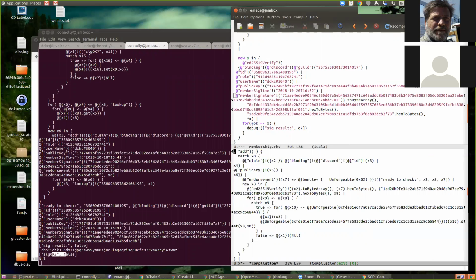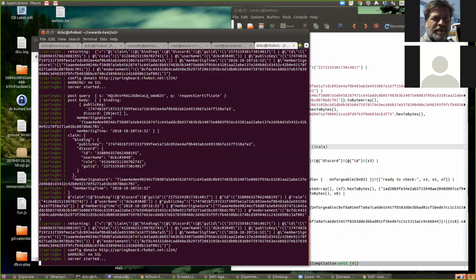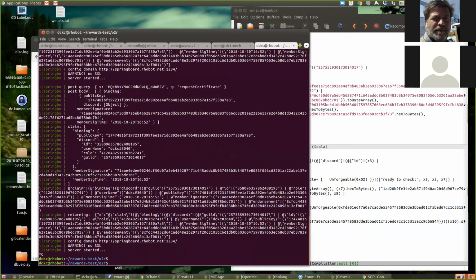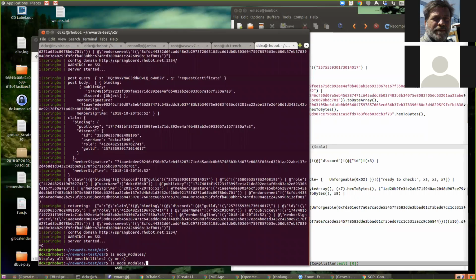Oh boy, it's detailed. But yeah, I guess I wonder what version of node this API, this thing's using. Rho-bot. Oh, it's 7.1. No, this service right here, the Springboard.